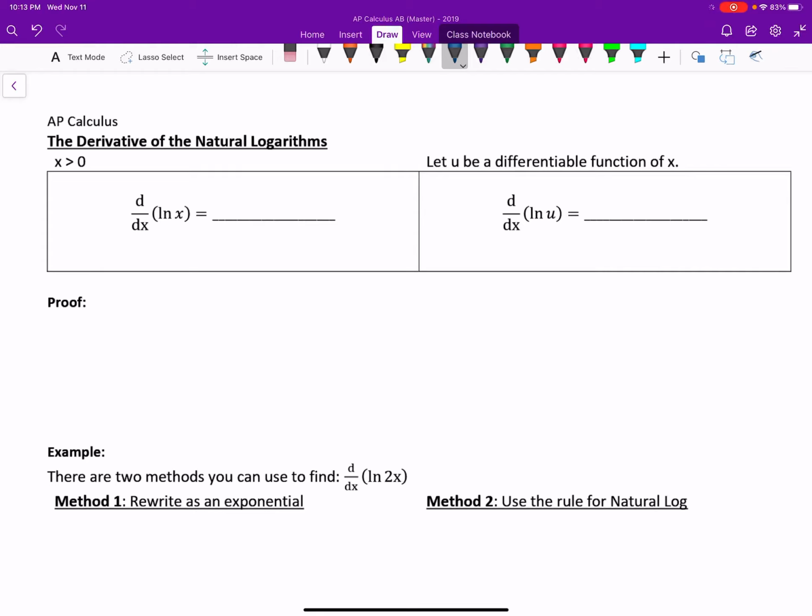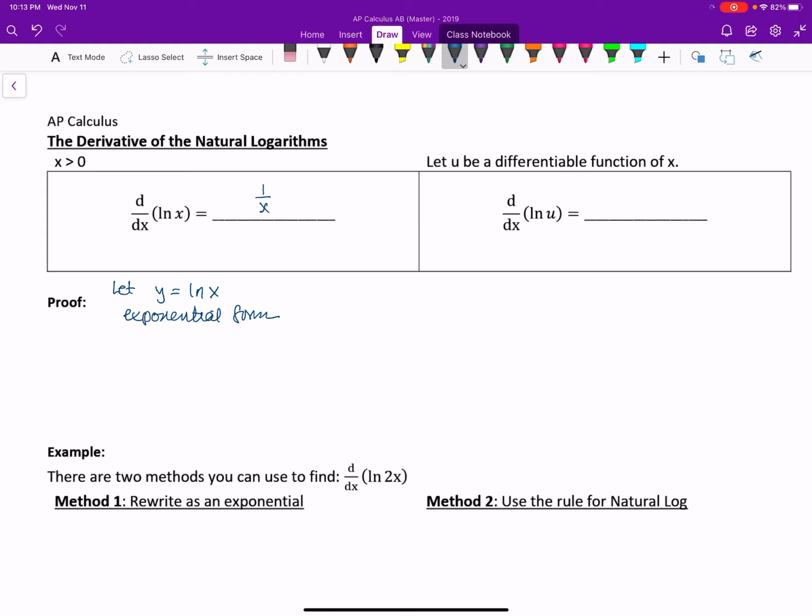I've already told you what the derivative of the natural log of x is earlier. It's 1 over x, but I never gave you the proof for it. So I'm just going to let y equal the natural log of x, and we want to find the derivative of that. So what we're going to do is rewrite this in exponential form,